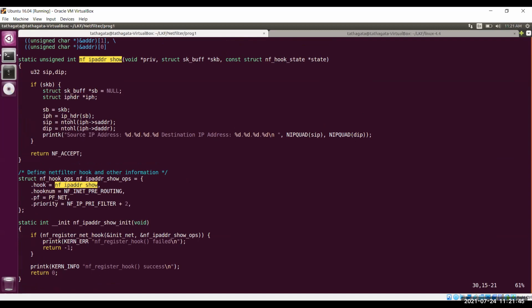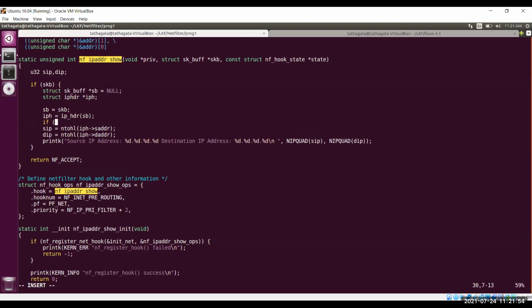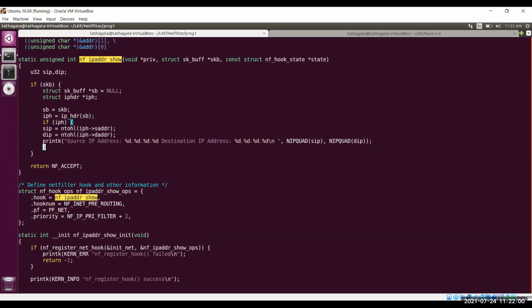We are just checking what is the source IP and the destination IP. Some checking is required, something like here. I'm not putting in some more checking here. It should be checked if you are doing a proper implementation, then this sort of checking you must do. And then we are just displaying the source IP and the destination IP.